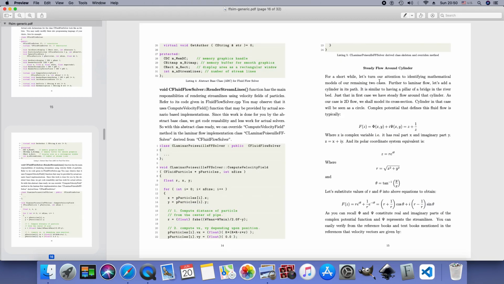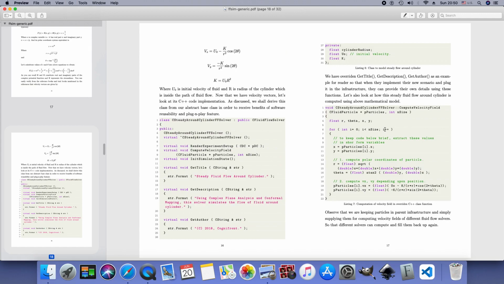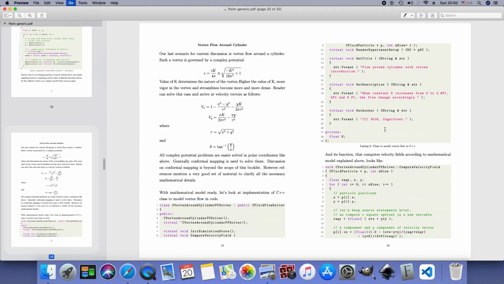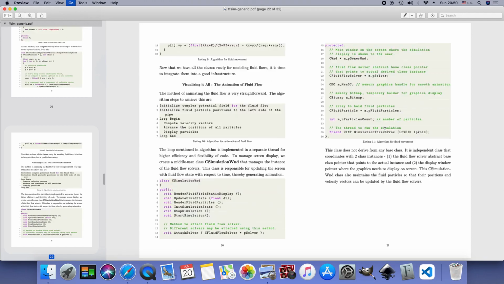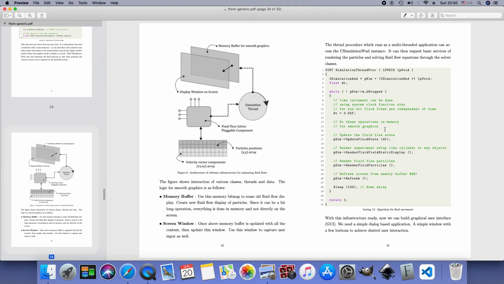So with this, the booklet proceeds and identifies polar coordinates, how to use the solvers and solve the positions and velocities of the particles, and then it goes ahead and implements all the three classes. Users can use this code from the booklet as it is, and it is given in a separate zip file along with the source code and compiler project.